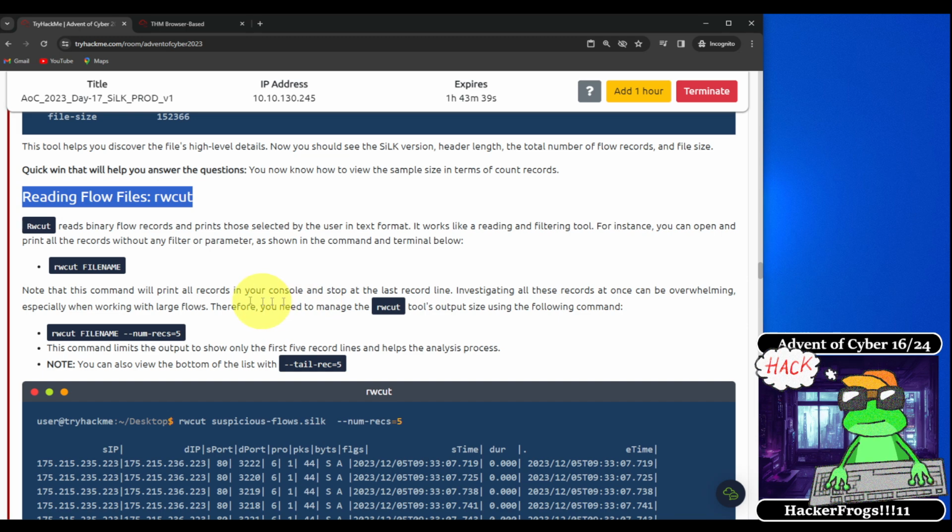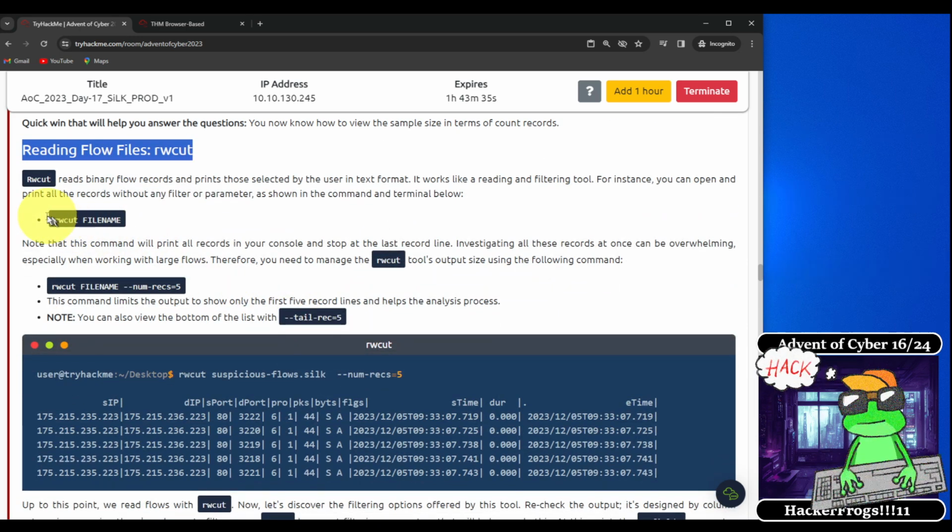So next we're going to talk about reading flow files with RWCut. RWCut reads binary flow records and prints those selected by the user in text format. It works like a reading and filtering tool. For instance, you can open and print all the records without any filter or parameter, as shown in the command in the terminal below. So if we just run RWCut,